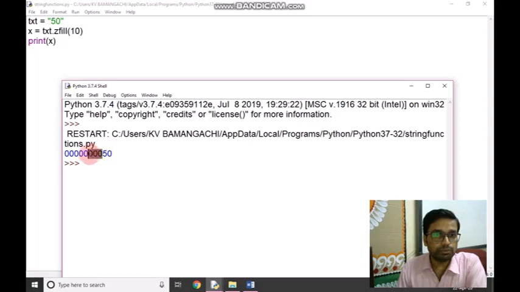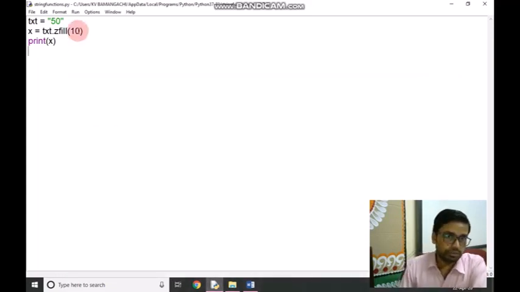There are 1, 2, 3, 4, 5, 6, 7, 8 zeros before the 50. So zfill returns the string padded with zeros up to the number given in the zfill argument.